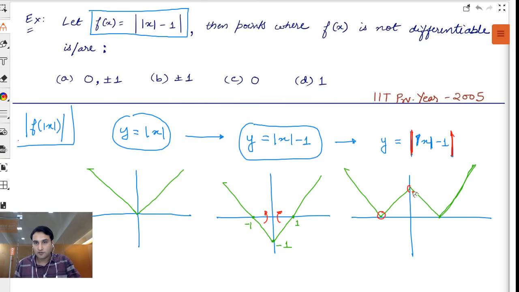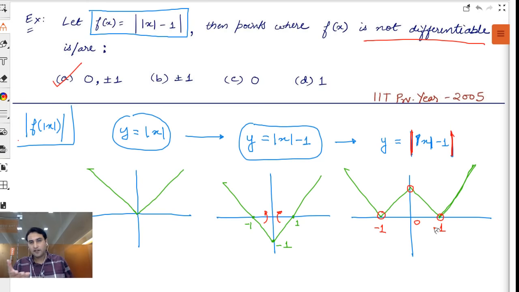1, 2, 3. Where? This is 1. This is minus 1. This is 0. हो गया, problem solved. That's it. The graph is not differentiable where? 0 पे शार्प कॉर्नर, -1 पे शार्प कॉर्नर, 1 पे शार्प कॉर्नर. कूल. कितना सिंपल है ये,